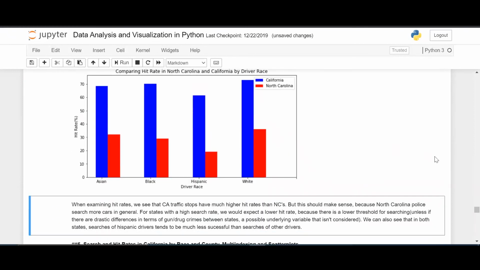So here we have a very interesting observation. When examining hit rates, we see that California traffic stops have much higher hit rates than North Carolina's. But this should make sense because North Carolina police search more cars in general. For states with a high search rate, we would expect a lower hit rate because there is a lower threshold for searching, unless there are drastic differences in terms of gun and drug crimes between states, a possible underlying